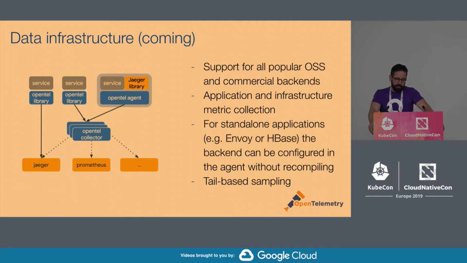Similarly, the project is going to inherit the agent and collector service from OpenCensus. That has also been around for a while and has been used in production by many users. The agent has exporters for all popular open source and commercial backends. There is naturally more flexibility in what you can include in the agent because it runs outside of the process. And it helps in quite a few ways achieve better outcomes when you're trying to collect telemetry.